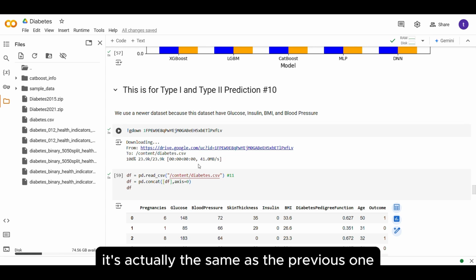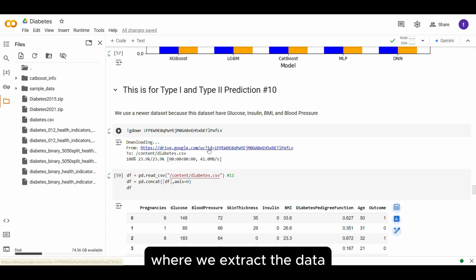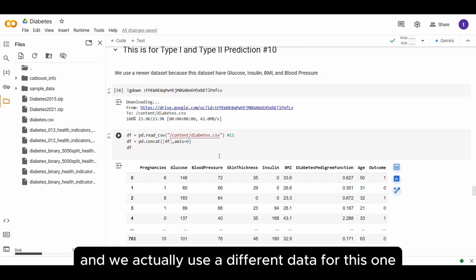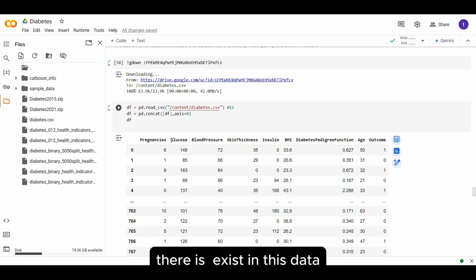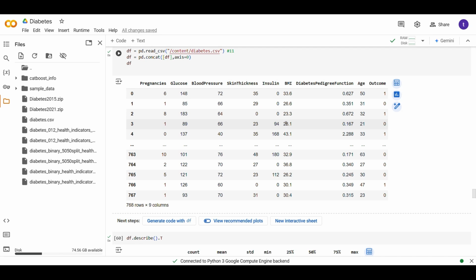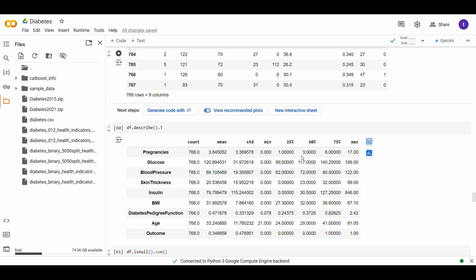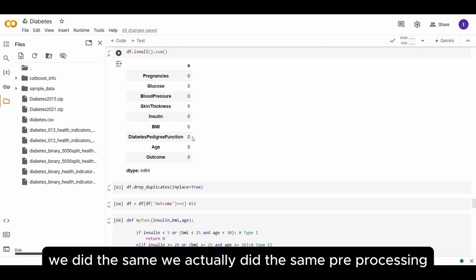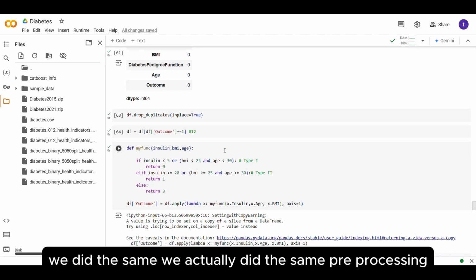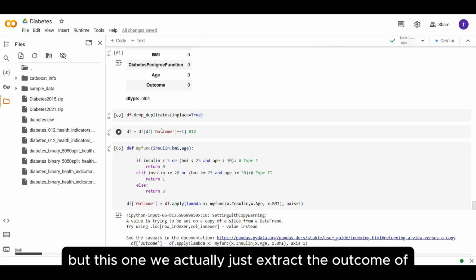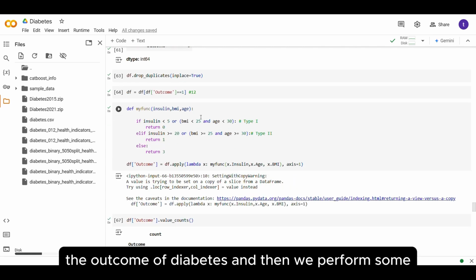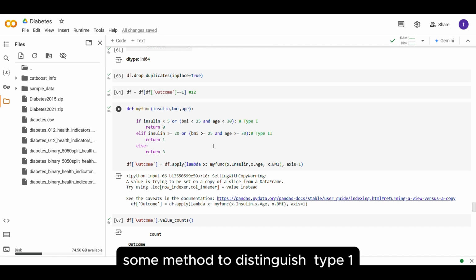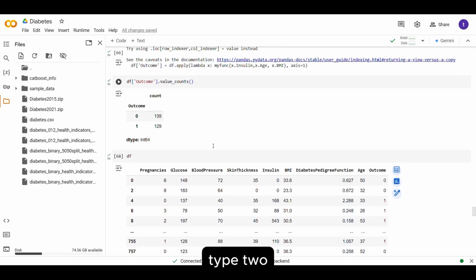It's actually the same as the previous one, where we extract the data, but we use different data for this one, because this one has some features that don't exist in the other dataset. We did the same preprocessing, but this time we extract the outcome of the diabetes, and then we perform a method to distinguish between type 1 and type 2.